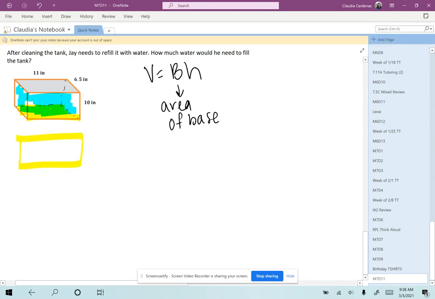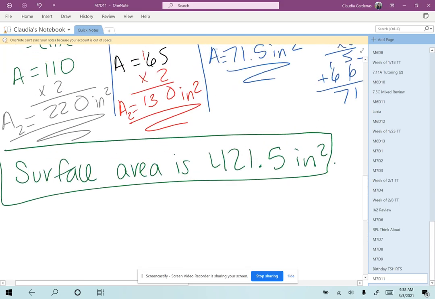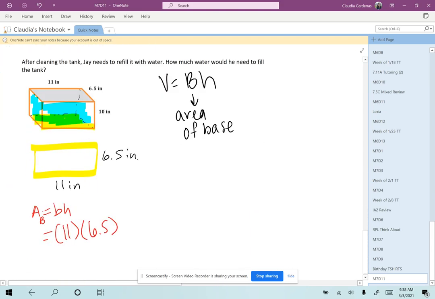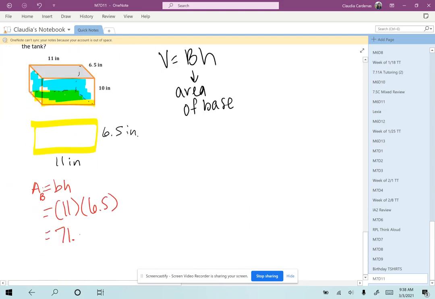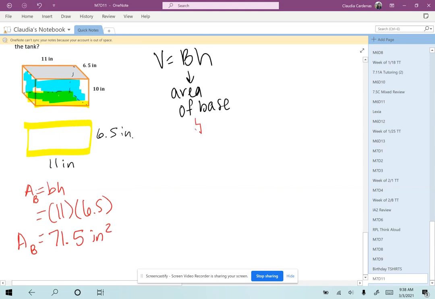And so what are the dimensions of our rectangular piece? Well, again, we know that it's 11 by 6.5 on the top, which means it's 11 by 6.5 on the bottom. And we've actually already calculated this. Area of the big B base is base times height, 11 times 6.5, which if I scroll back up, that was 71.5, right? Why recalculate if we already have it? Squared inches, so the area of the base is 71.5 squared inches,